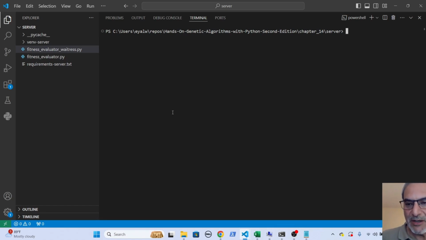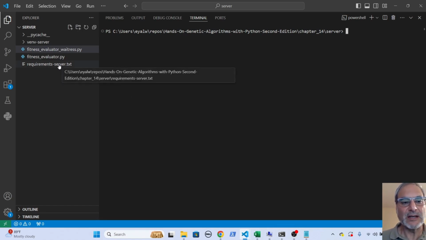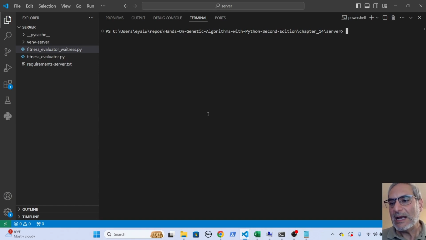It's a Python library that is part of the dependencies that are part of the server requirements. And Zappa does the magic of taking a Flask application, or also a Django application, a Python web application, and doing everything that needs to be done behind the scenes to turn it into an accessible Lambda function service. So all we need to do here is, again, in the same directory of the server, run Zappa init,